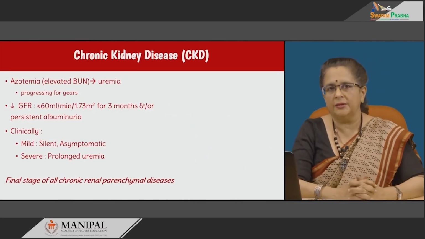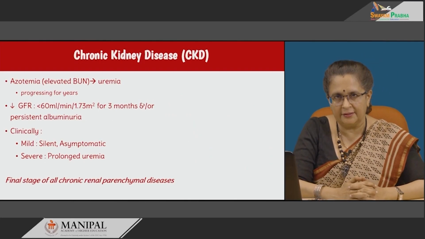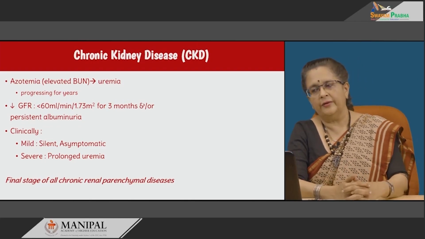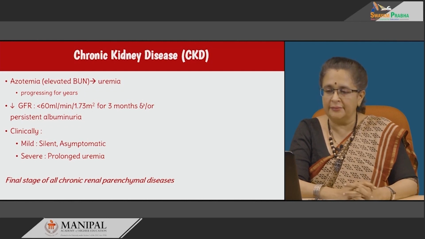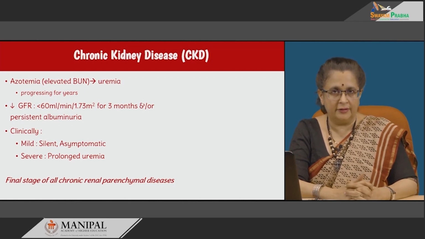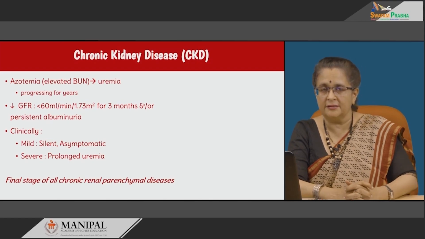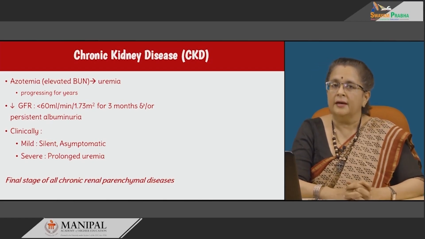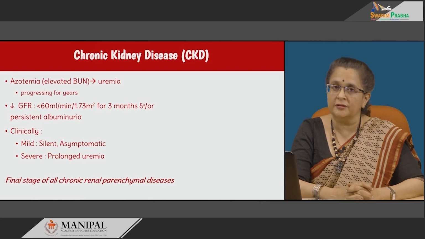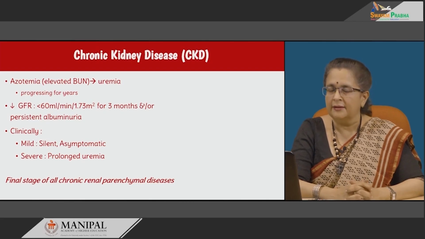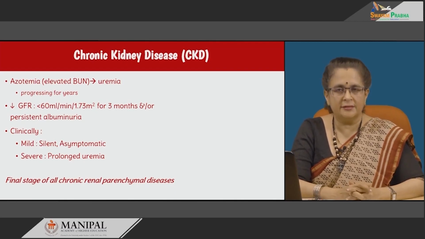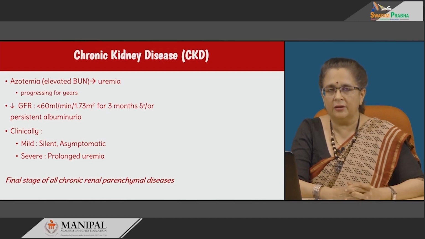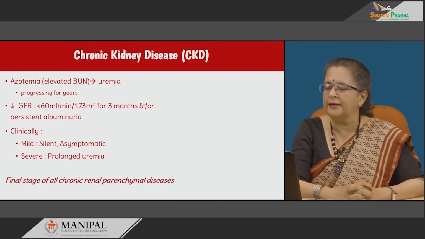Next we move on to the end result of everything, that is chronic kidney disease. So when do we say chronic kidney disease? This is when azotemia has progressed, with all the biochemical manifestations as well as your endocrine abnormalities, etc. Because of that the patient is symptomatic and it has affected many organ systems in the body, that is uremia. So azotemia progressing to uremia is when we call chronic kidney disease, and this is defined as a